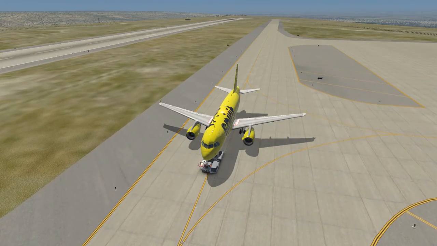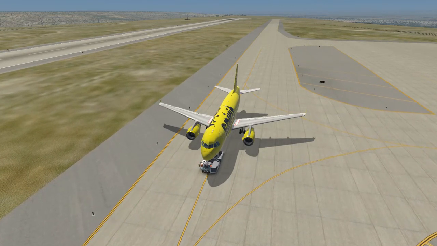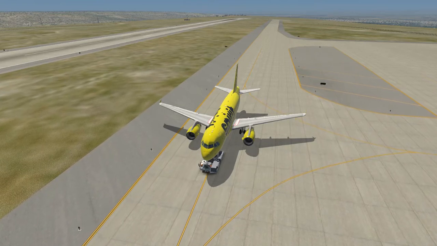There's two planes I want to get whenever I get X-Plane. I want to get either the 777, the 74, and this ToLiss, because this ToLiss is